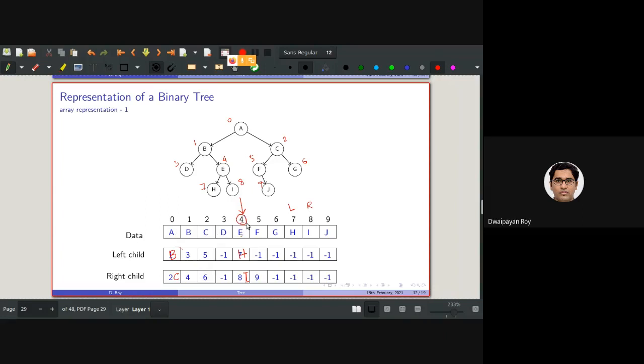I'll be going to that index position for the left child, and that is actually storing the left child of this node, right? It should not be a problem. You get the answer, right? Whatever you are saying, it's not actually a problem. But it's not problematic, as I'm repeating, it's not the most efficient one. Why?